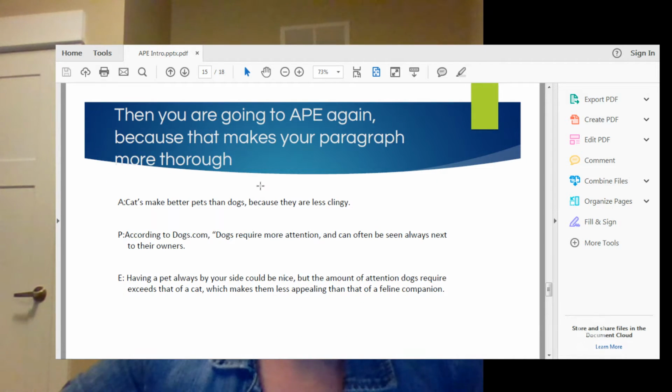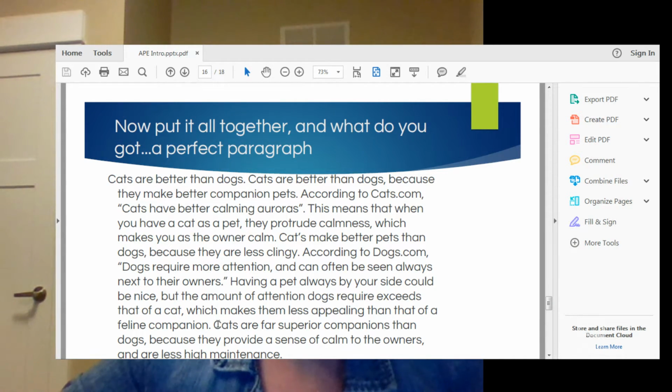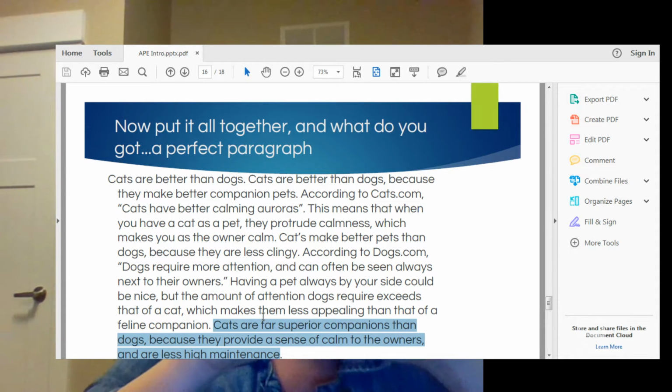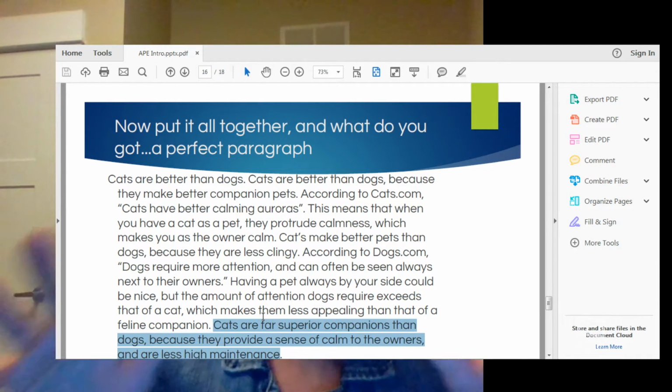Okay, I did forget to put in the slide about the conclusion sentence. So if you look right here, here's our concluding sentence. This is tying everything in and just wrapping up what we say. And I will say this, if you are going to have a conclusion sentence that's wrapping everything up, it needs to be in sequence, in sequential order, and I'll show you that in just a second.